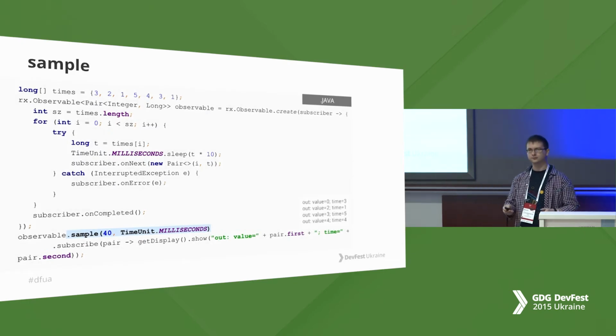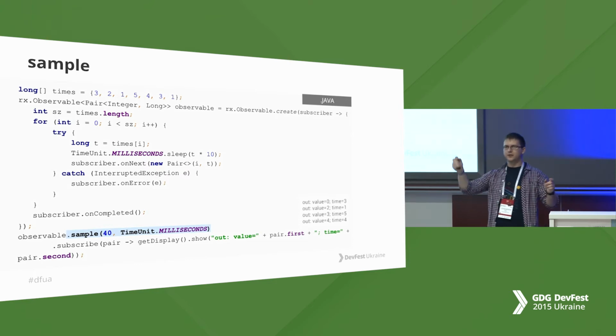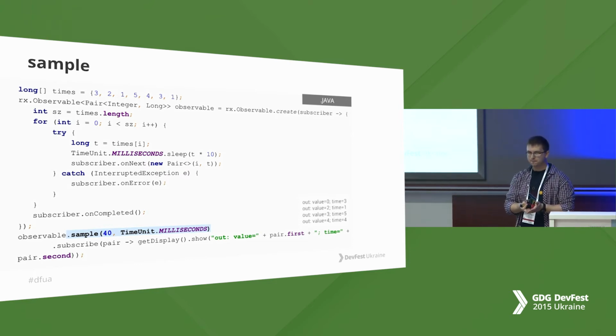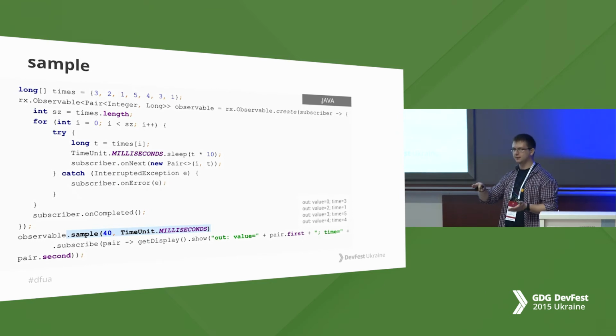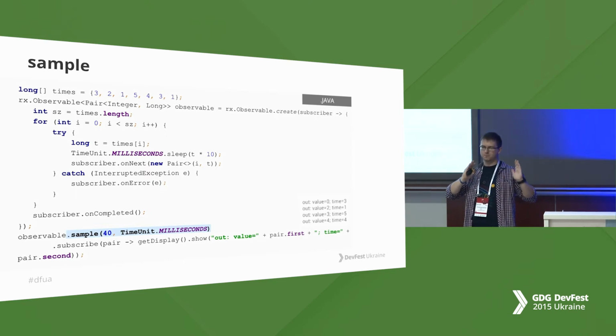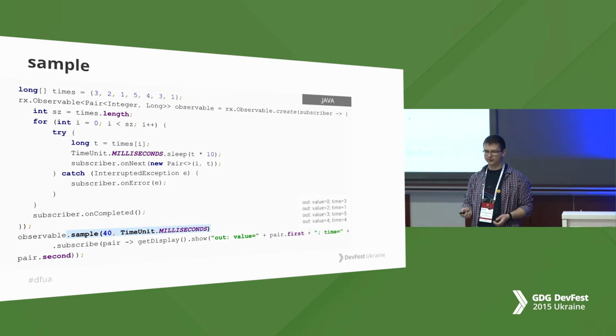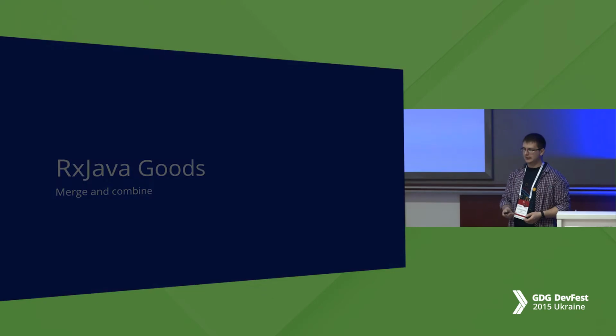Sample. Almost the same as debounce, but the great difference is that if debounce receives events 1, 2, 3 in the sample time, it will provide on next the last value. But if we use sample, it will just select value in the interval, not from the scope, but from the exact interval. So it's not the same. It's like readings from the sensors. Very useful for some live data.